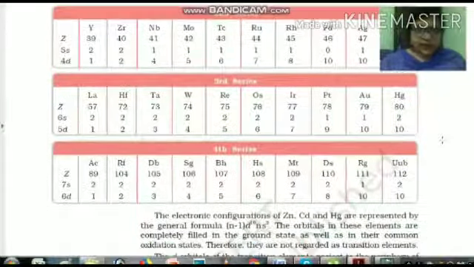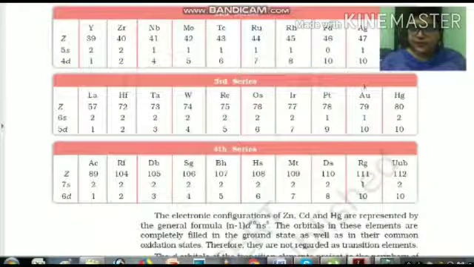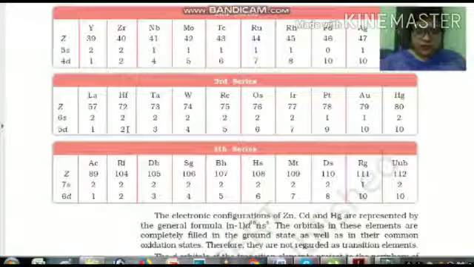Now see the 3D series: lanthanum, hafnium, tantalum, tungsten, rhenium, osmium, iridium, platinum, gold and mercury. Okay, and when you do the electronic configuration, the most important one is